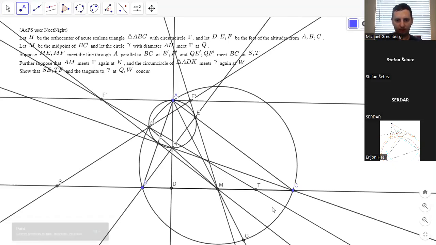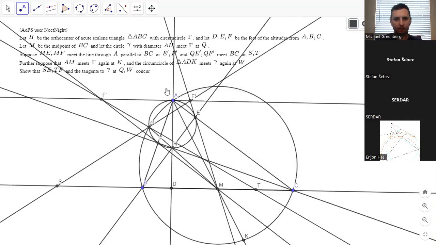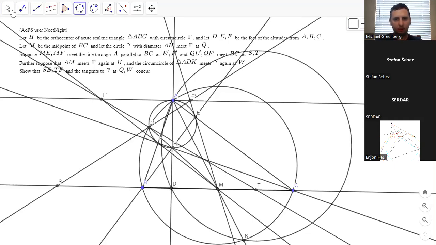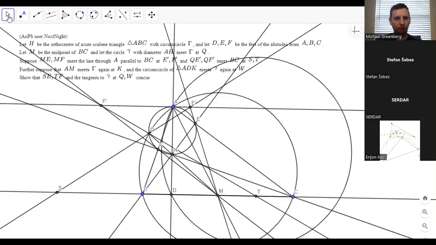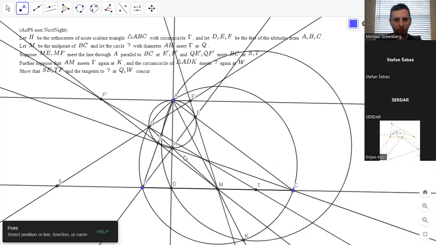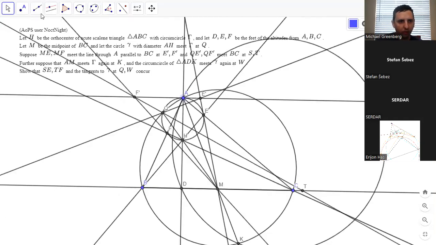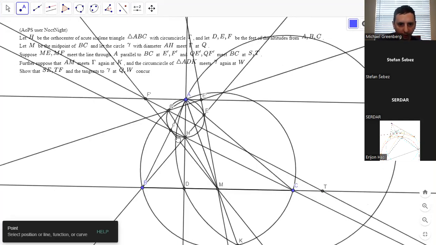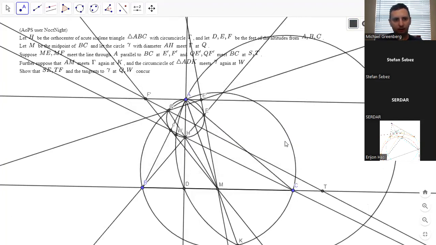But this is K. And the circumcircle of AHK meets, sorry, let me move this away, meets it at W. So it's that point right there. Wow, this is a hard diagram. So this point is W right there. Show that SE, TF